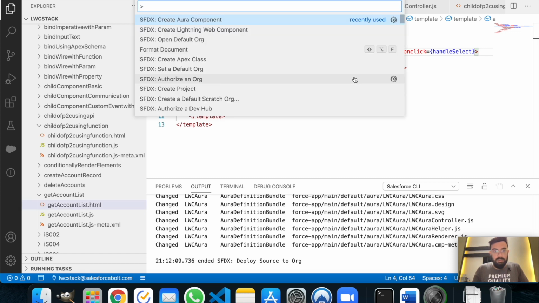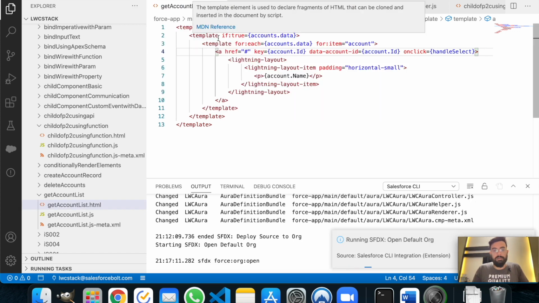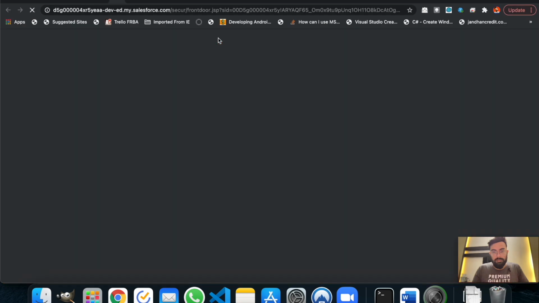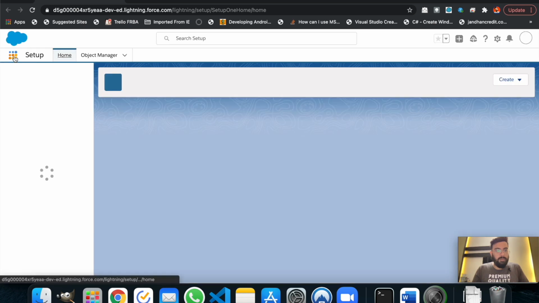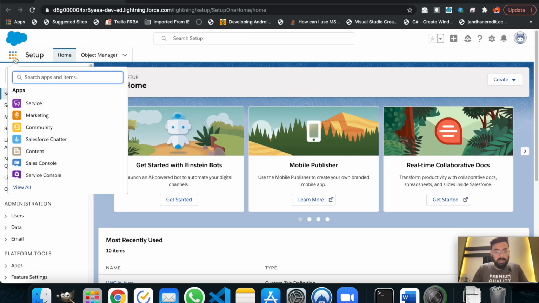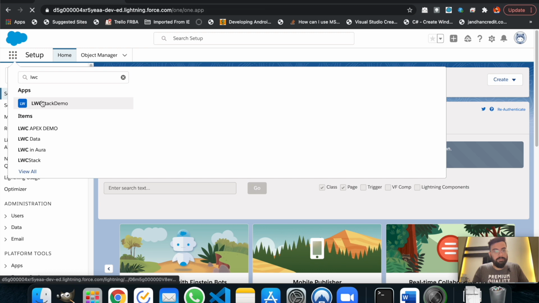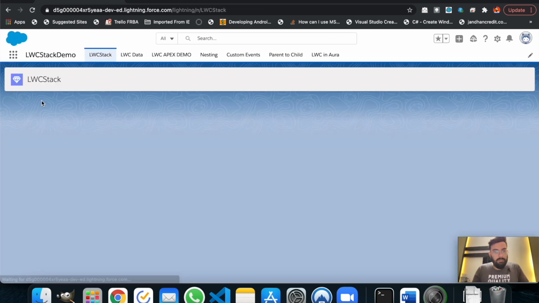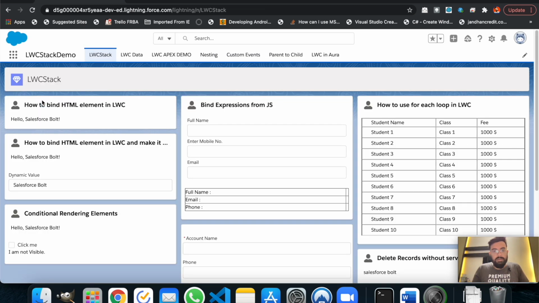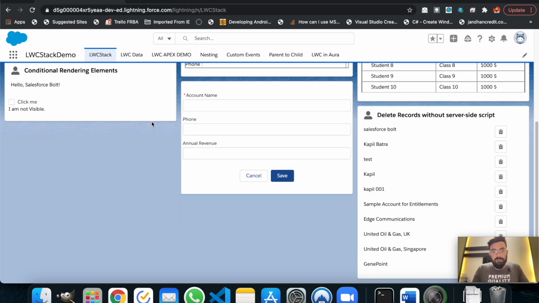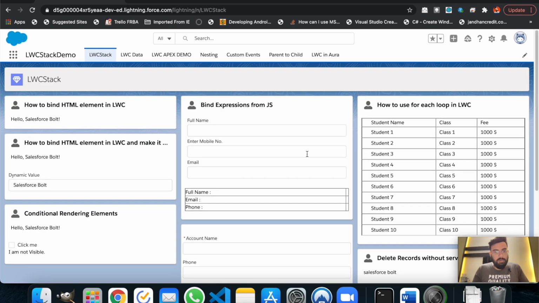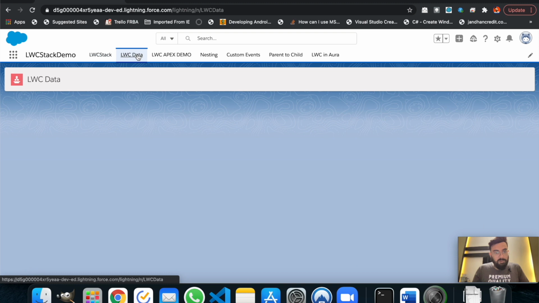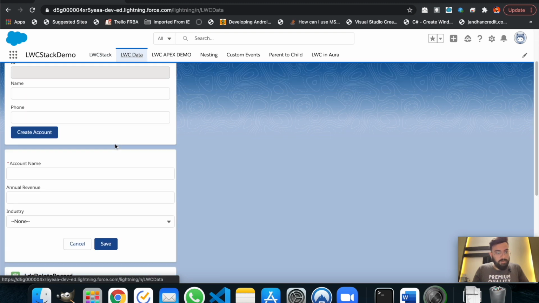Let me open my default org. Now we will open the application. As you can see here, we are having a list of records in this example, and I think we were having a few more examples to get the data.